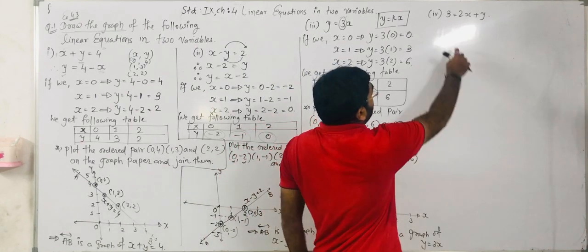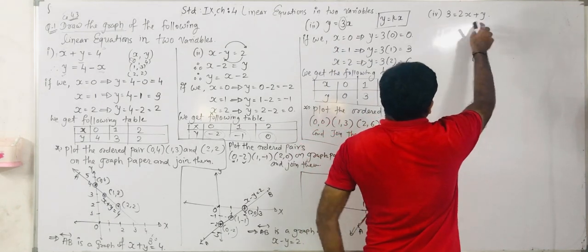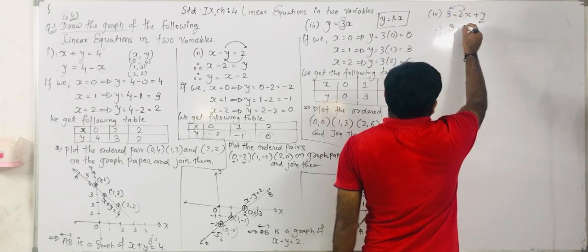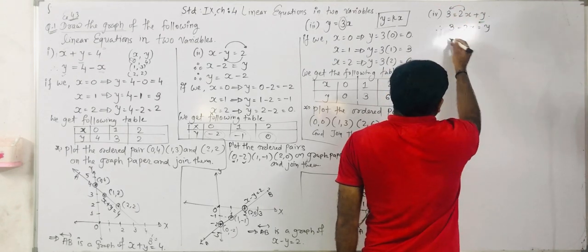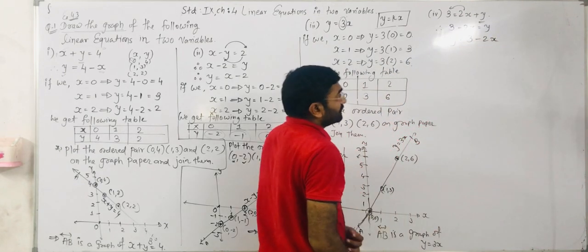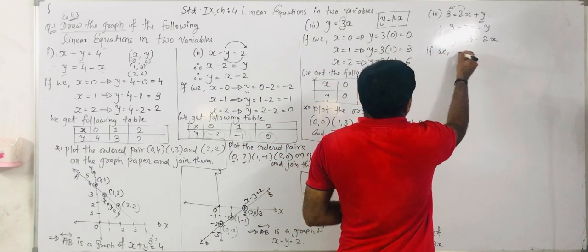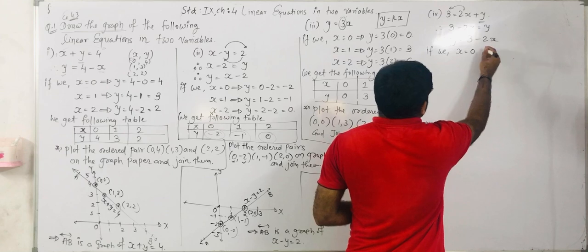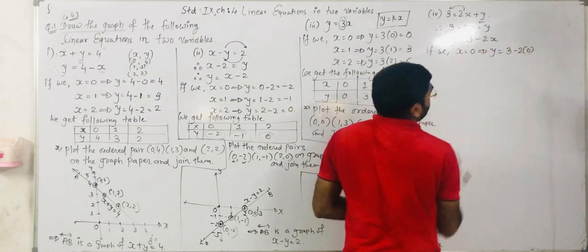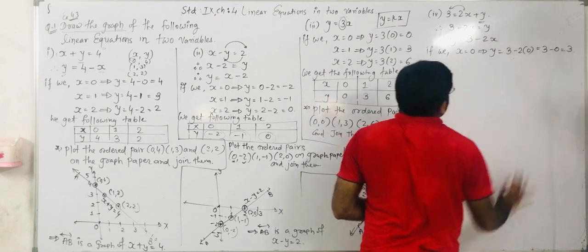So similarly you have to solve question number 4. As I told you in question number 4, first what we have to do, we have to make y the main term. So plus 2x comes here, so it will become minus 2x is equal to y. So you get y is equal to 3 minus 2x. Right? Now we have to find out the solution. Different x values you have to take. X is equal to 0. So here we get y is equal to 3 minus 2 times 0. X is equal to 0 we put here. So 3 minus 0, so we get 3.